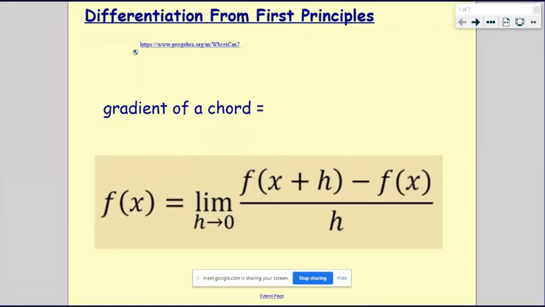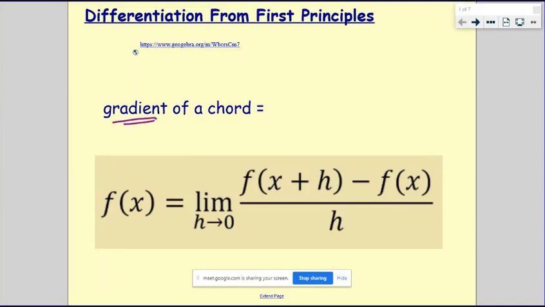Attempt to do a differentiation from first principles revision. First of all, everything about differentiation is about gradients. That's the key information here. So what we want to be able to do